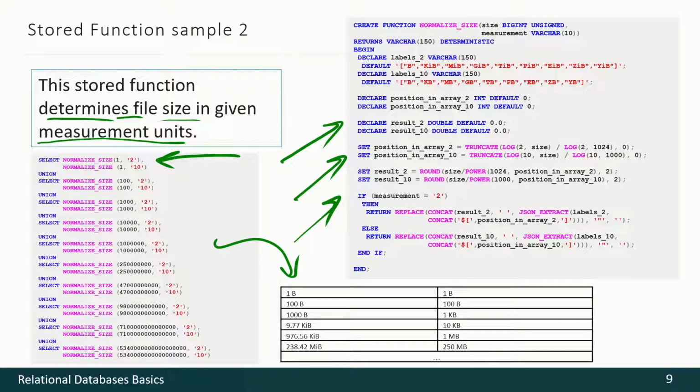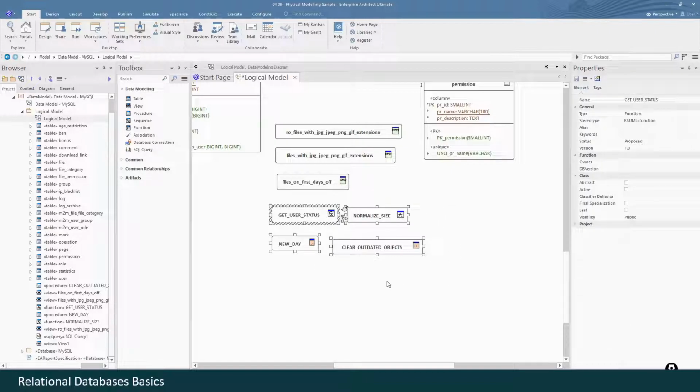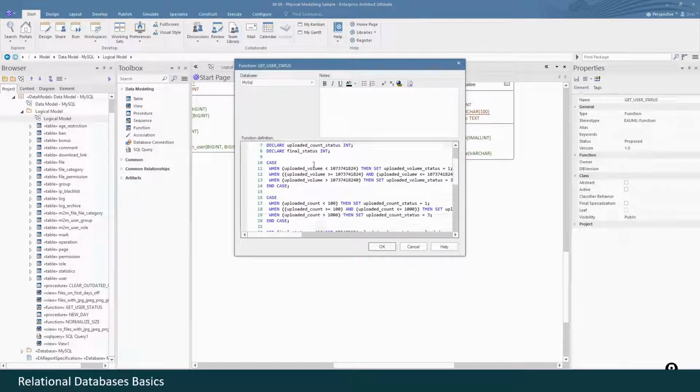Now let's see how it looks in Sparx Enterprise Architect and MySQL Workbench. In Sparx Enterprise Architect we have procedure and function tools that allow us to create stored procedures and stored functions. As long as we already have some, we may right-click and select SQL Object Properties and see the code here.